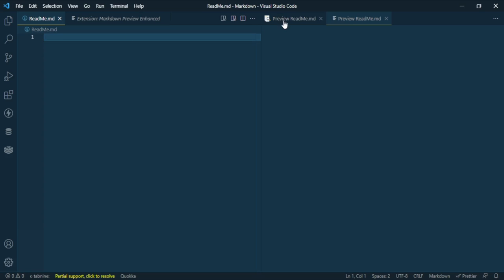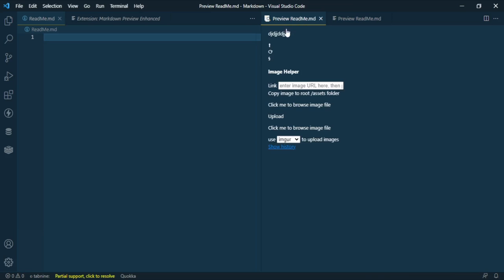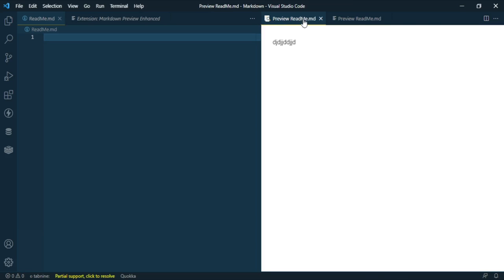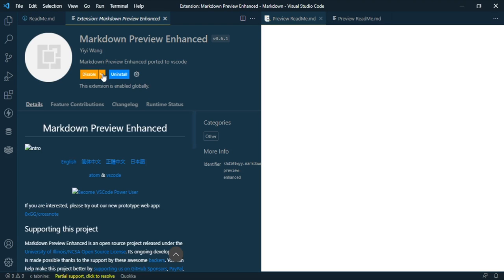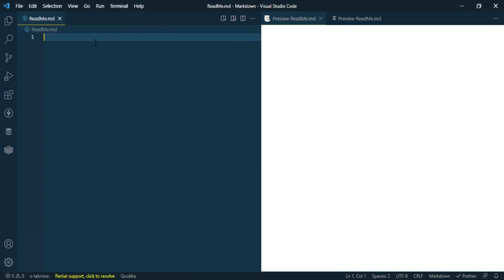And at the tab here I opened a page called preview readme, and what this page does is that it shows you what you are typing in the readme and converts it into normal text. This is done by the Markdown Preview Enhanced that I just showed you. So if you want to be writing Markdown, you need to install it on your VS Code. So to get started,